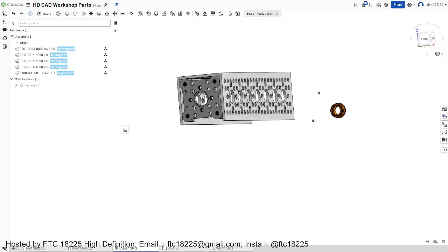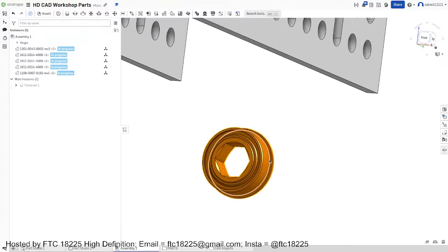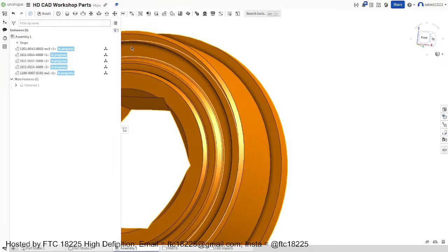All right, now I see that most of you have the quad block into place. So now let's attach the bearing. The ball bearing which we will attach is this orange part right here. And for this, we're actually using a Revolute mate. Let's just make sure everyone